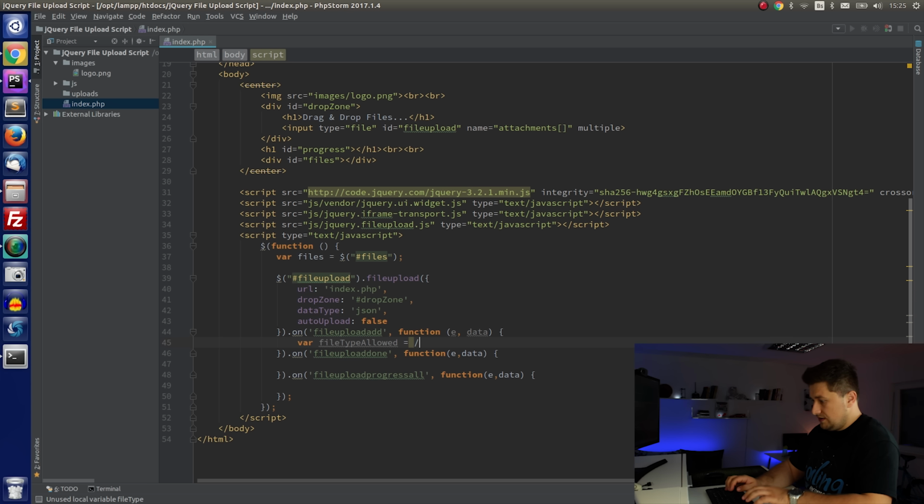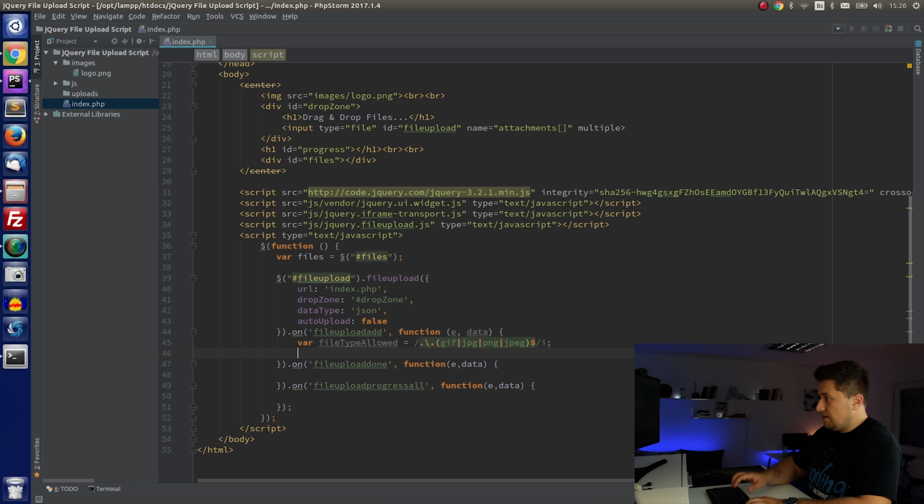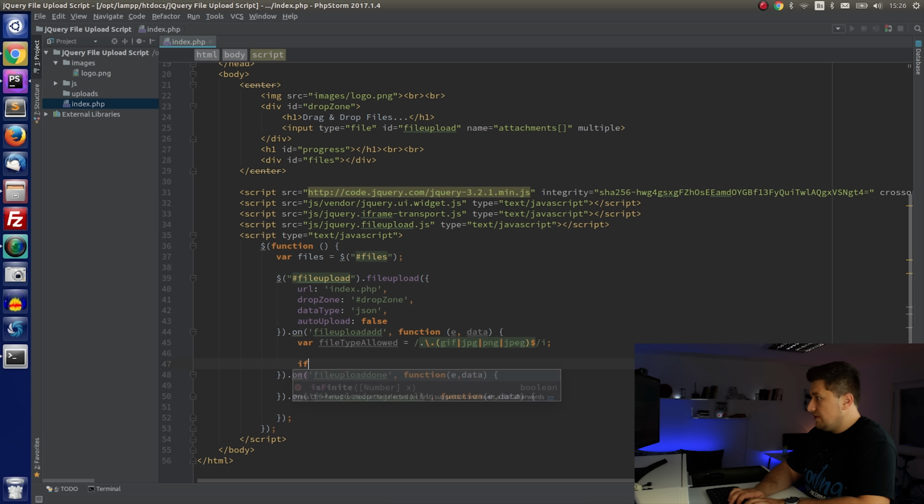So I will say slash, I will allow any characters, and after that it will go with the dot, and I will allow GIF, JPEG, PNG. So it needs to finish with those. Now I'm going to say if fileTypeAllowed dot test, or let's say if not,